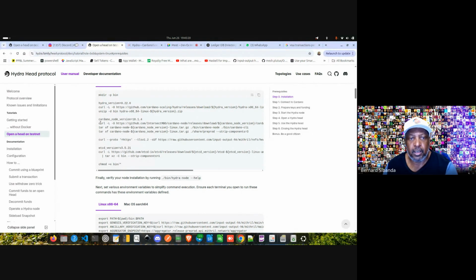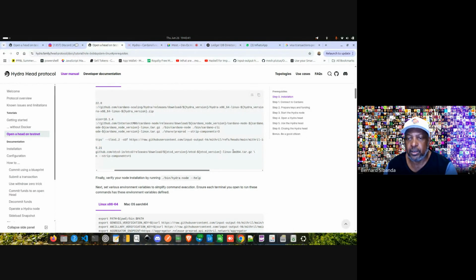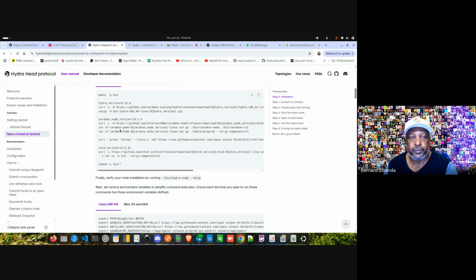And then here is another curl command that is downloading stuff. And this one again. It is downloading what is for Linux AMD. And then this command here, it is allowing this directory